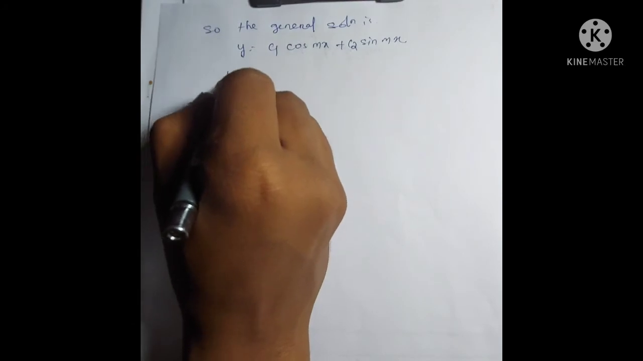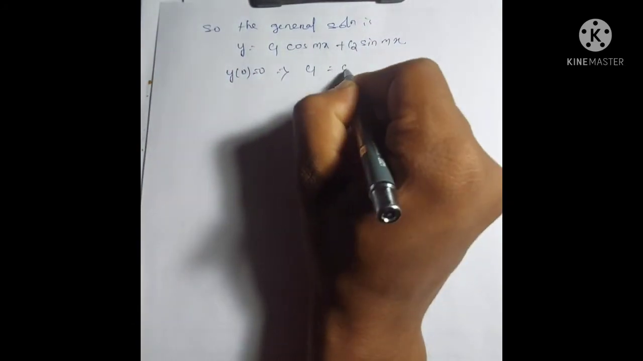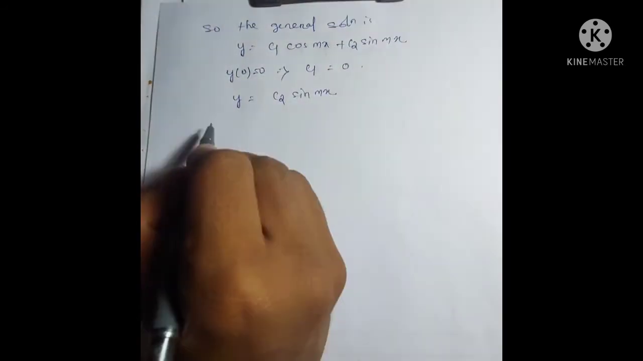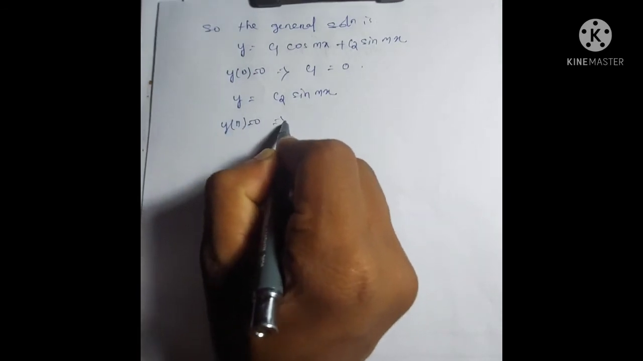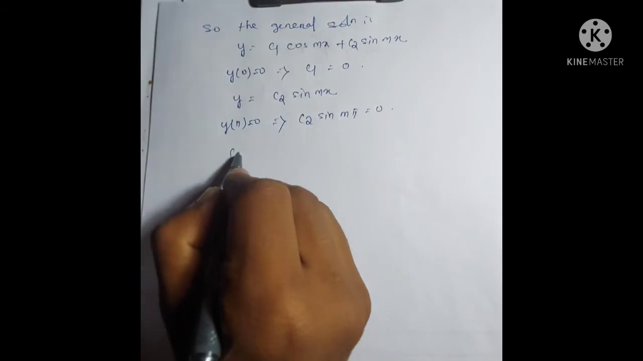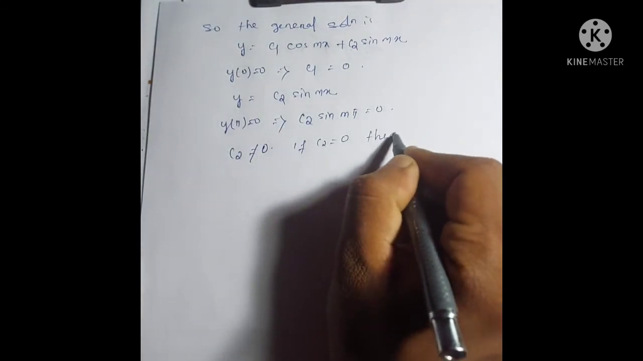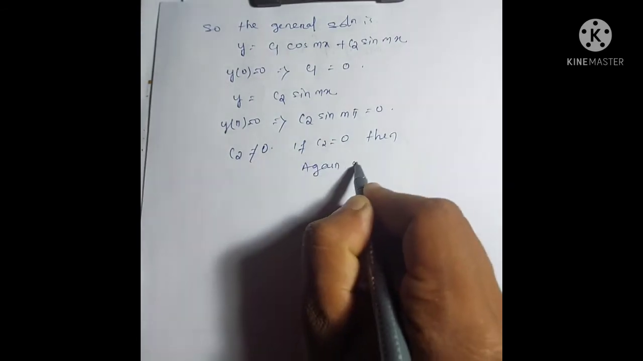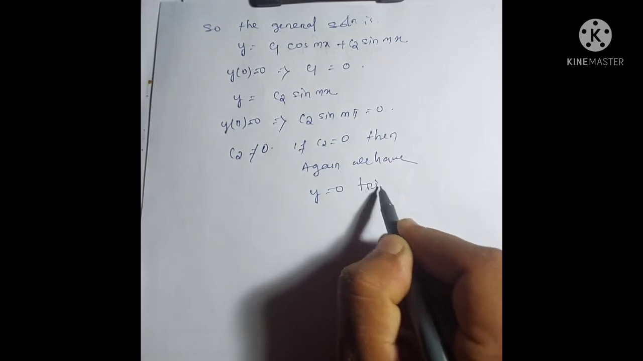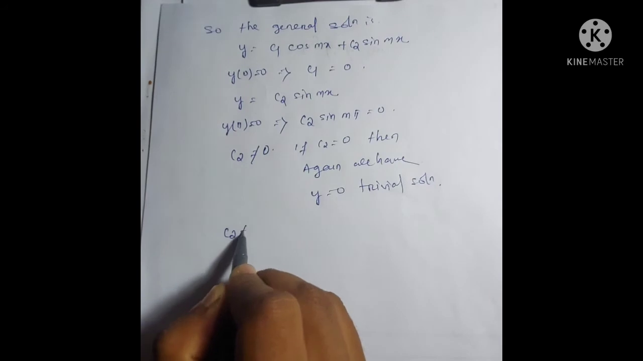Now we use the boundary condition y of 0 is equal to 0. This implies that c1 is equal to 0. Then y is equal to c2 sin mx. Again y of pi is equal to 0. This implies that c2 sin m pi is equal to 0. Here c2 not equal to 0. If c2 equal to 0, then again we have y is equal to 0, trivial solution. So for non-trivial solution, c2 not equal to 0, then